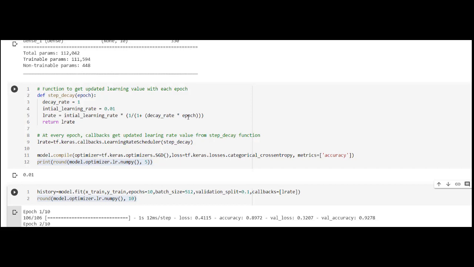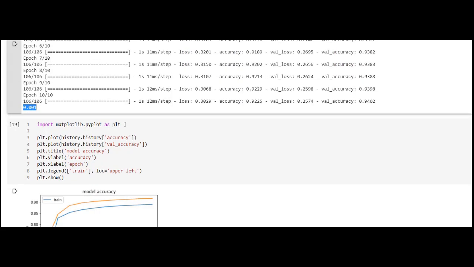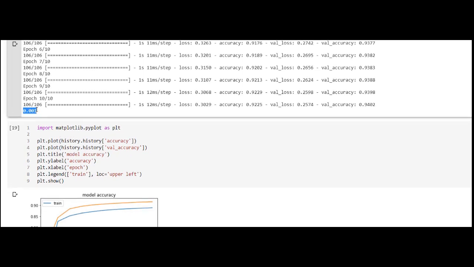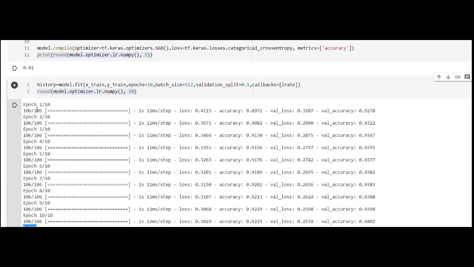In total we want to use 10 epochs. Numbering starts from 0, so the maximum epoch value is 9. 9 plus 1 is 10. So 1 divided by 10 is 0.1, and we are multiplying that with 0.01, so the output is 0.001. That will be the last learning rate available for the model.